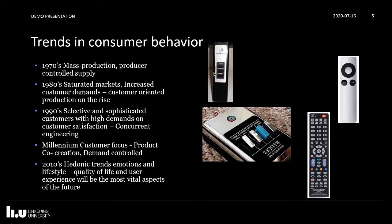At the same time, they were working on improving customer satisfaction, and in this way, they got some type of good reputation. This trend, of course, continued into the new millennium. Here we could see more products, more customer focus, and new methodologies in customer focus. For example, co-creational processes. So let the customer be part of the product creation. Let the customer be able to make the product